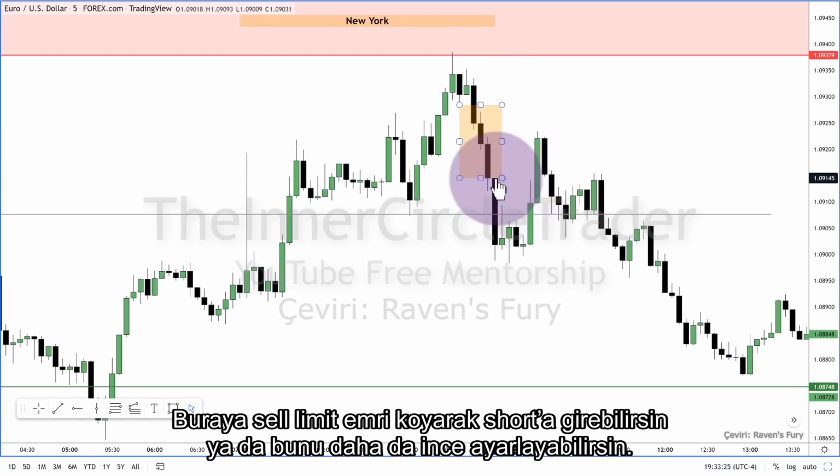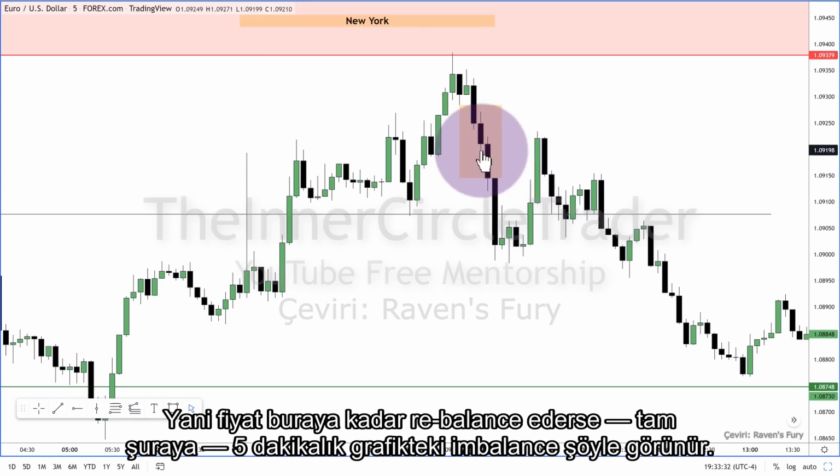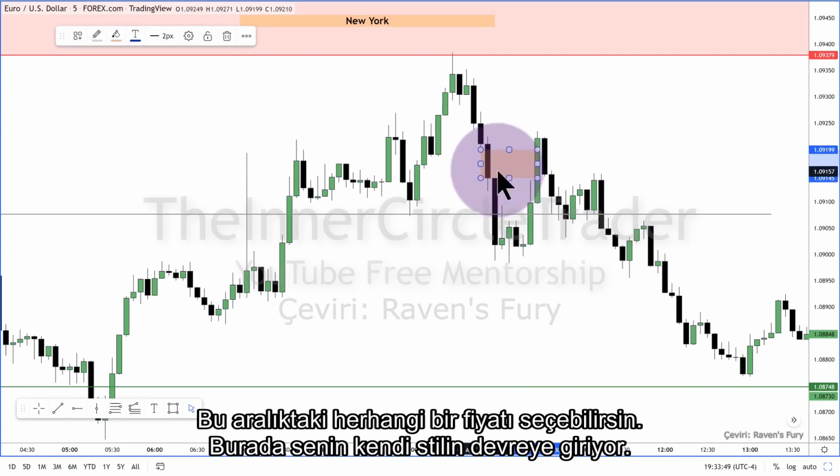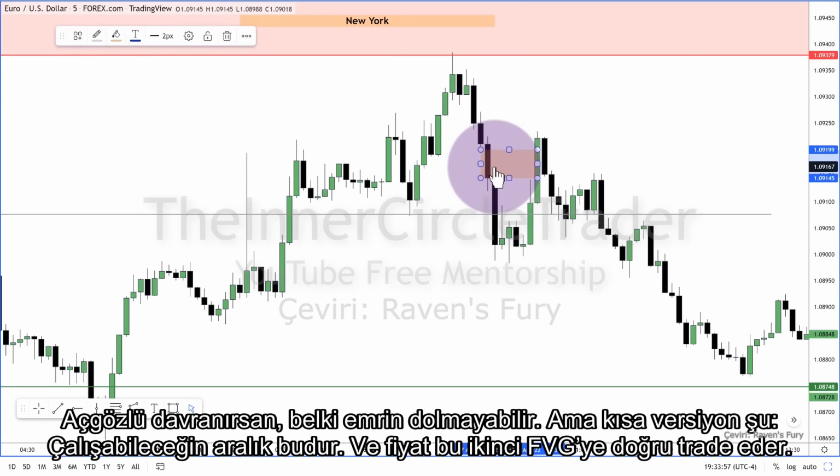You can put a sell limit order there to go short, or you can fine tune this to rebalance all the way up to here, right there. In other words, it would look like this. This would be your imbalance on the 5-minute chart. And if it traded up into that right there, in other words, you could use any specific price in this range here you can pick. This is where the unique style for you comes in. If you get greedy, you may not get your fill. But long story short, this would be your range you can work within, and it trades up into that secondary